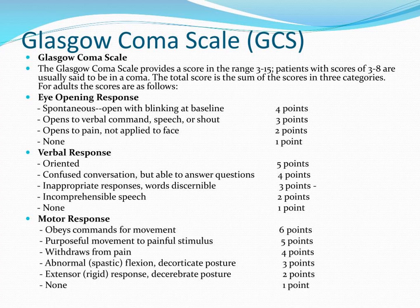Same thing, are they oriented when you talk to them? Or are they confused but able to answer questions? Or are the words inappropriate? Is the response inappropriate? Are they comprehending? How's their speech? Are you able to understand the speech? And then the motor response, are they able to follow commands? Do they remove their